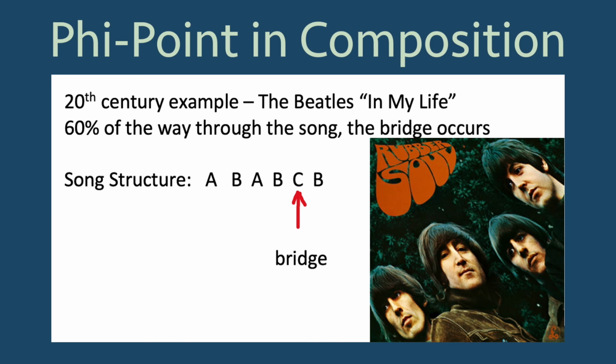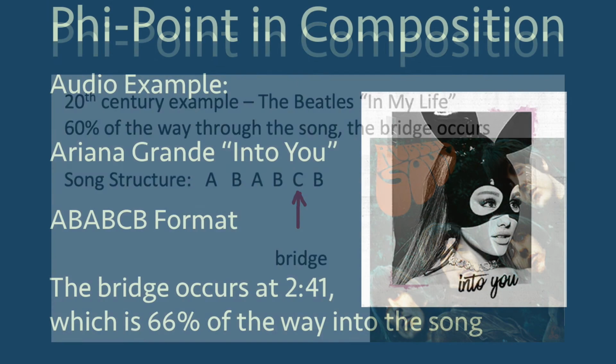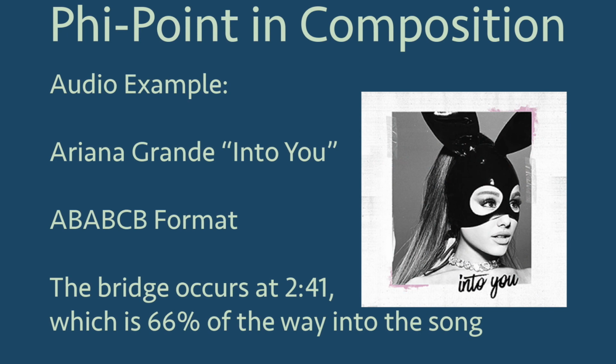The song structure of this song is A-B, A-B, C-B, where A is the verse, B is the chorus, and C is the bridge. And in most song structures, the bridge is seen as a climactic moment to the song. This is a very popular song structure heard in most popular music even today. For example,